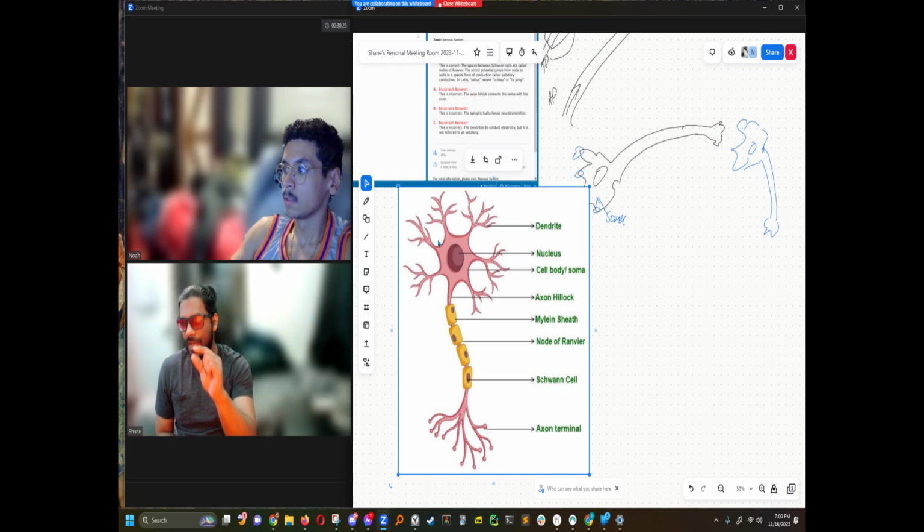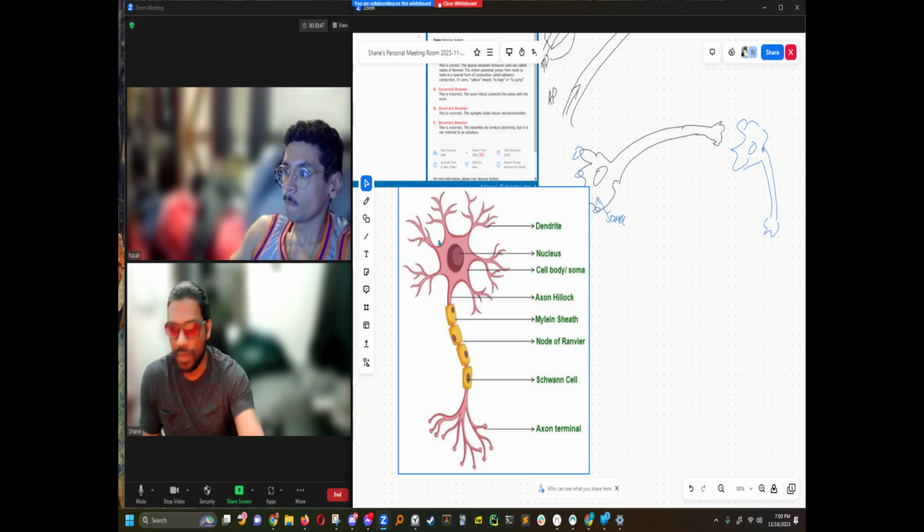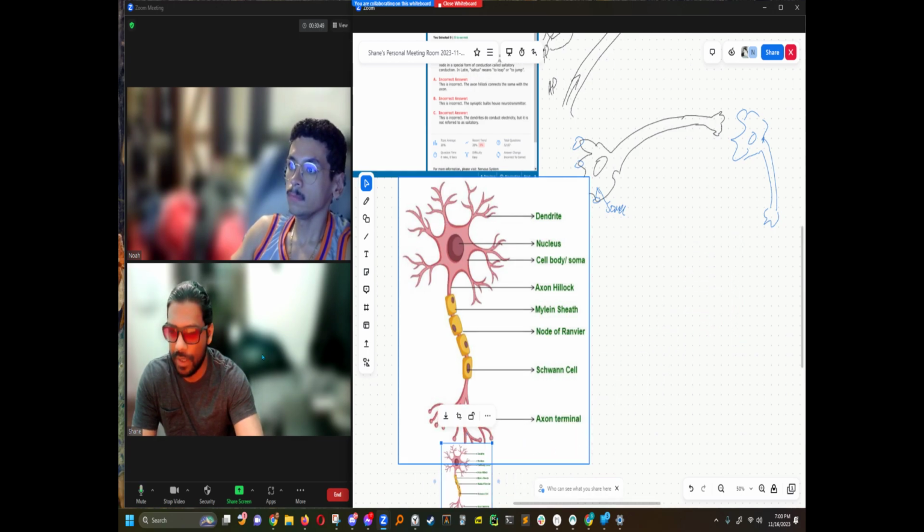So it's like the interface between the body of the neuron and the long portion. And at the end of that long portion, we have the axon terminal, and that's where, if you simply have another one, like this,